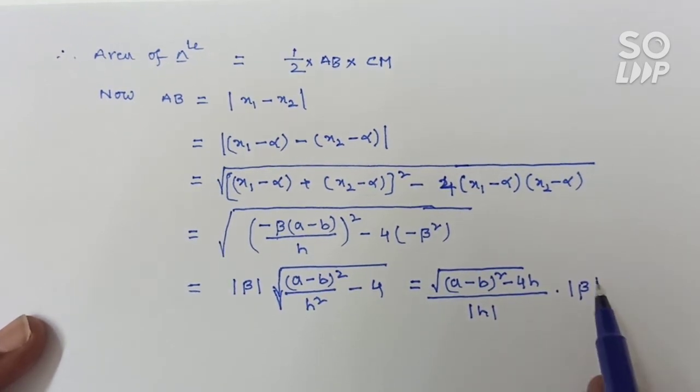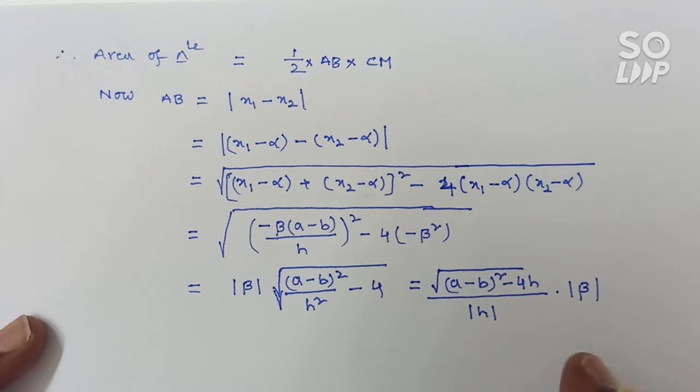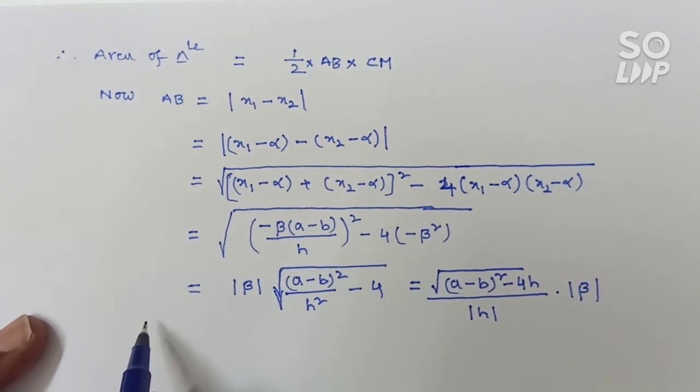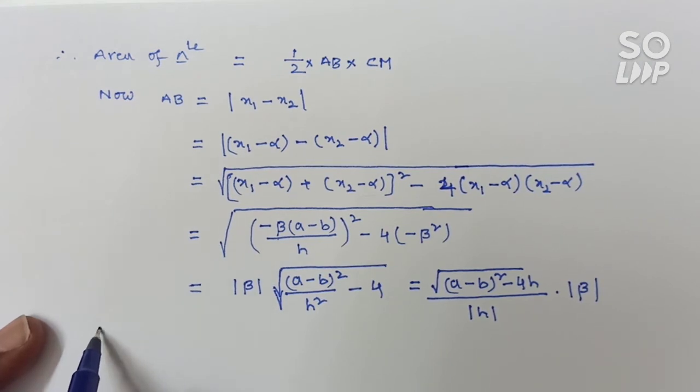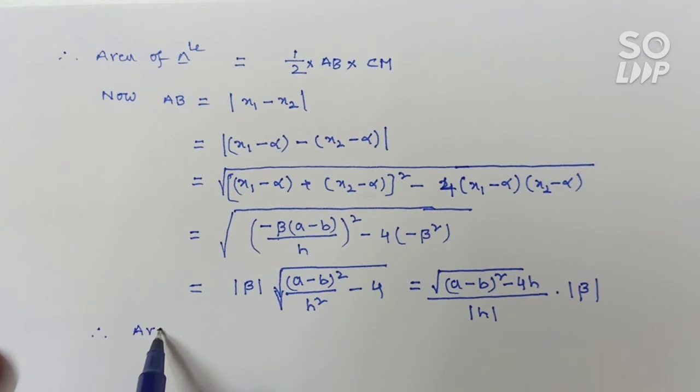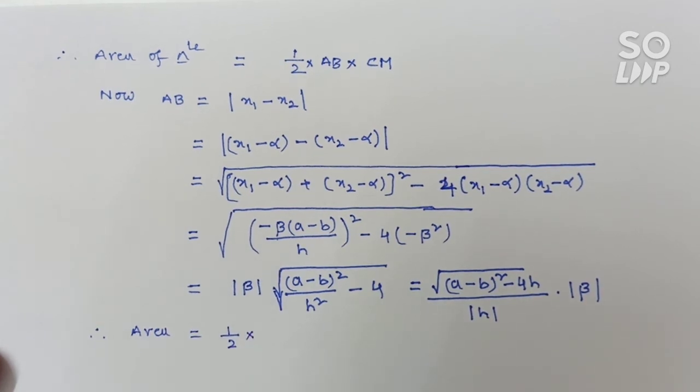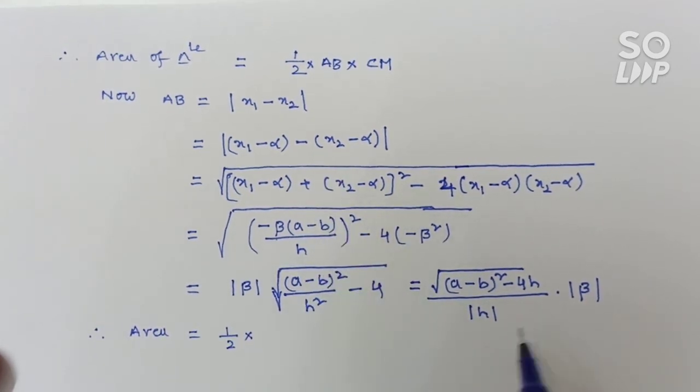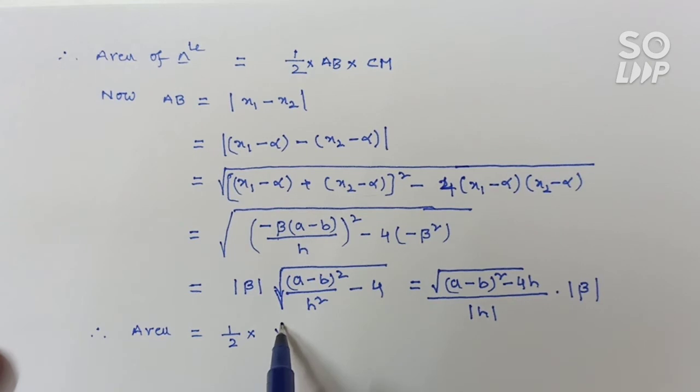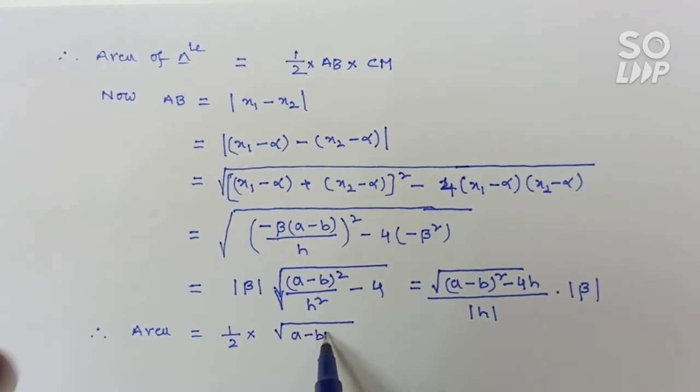This one is nothing but what? This is the base of the triangle. And now height is nothing but what? Beta. So therefore area is equal to 1 by 2 into AB value, that is square root of (a minus b) whole square